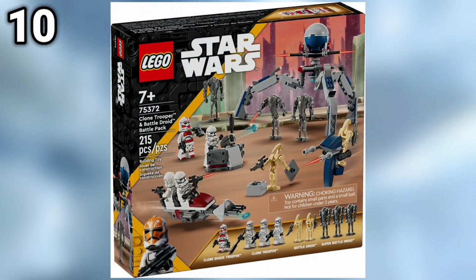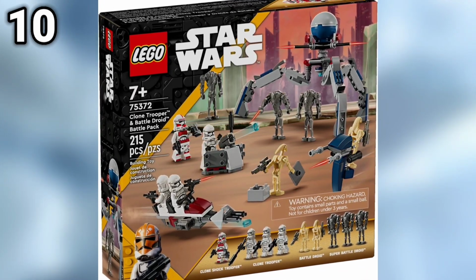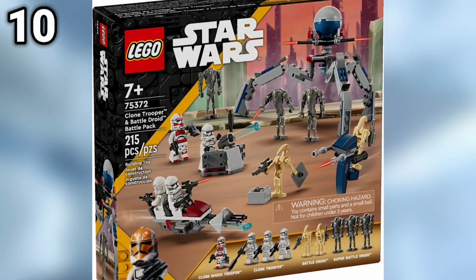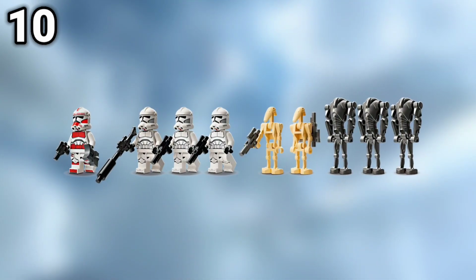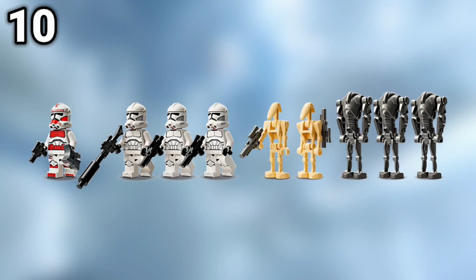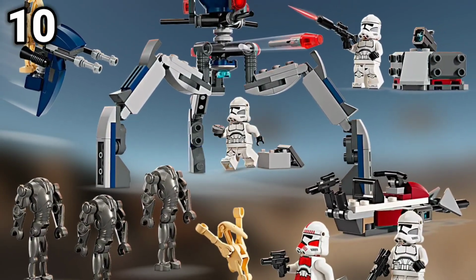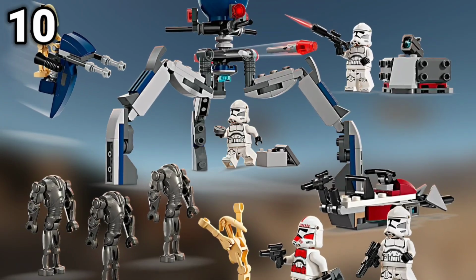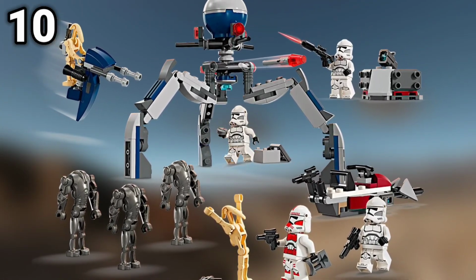And at the number 10 spot, we have the Clones vs. Battle Droids Mega Battle Pack. Came out in 2024, January, for $29.99 with some amazing minifigures. This is the perfect army builder for droids and clones alike, and the builds included are pretty much perfect in my opinion. The speeder and the clone and droid builds pay a lot of homage to the older battle packs